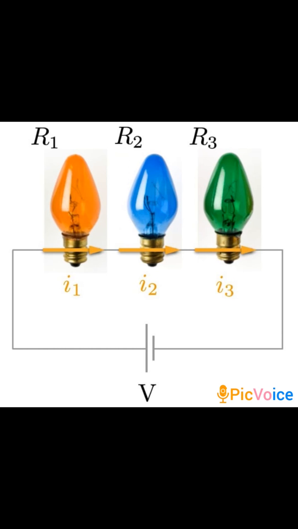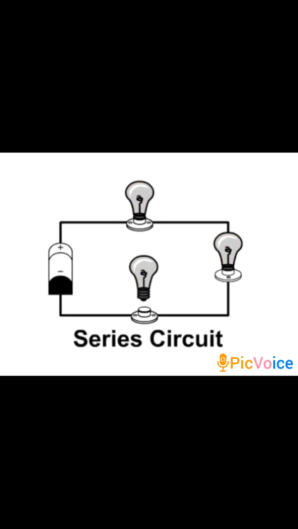When we connect the second bulb, it will also glow, but the light emitted by the bulb, that is the intensity of the light, decreases. When we connect the third bulb, the intensity of the light further decreases. Why does this happen? Because the current flowing through the circuit is same. That is why for domestic purpose, when the electric circuits are connected, they are connected in parallel. So here we can see three bulbs are connected in series, and because of some reason, if one bulb is not functioning, the remaining bulbs also stop functioning. So the same thing happens if electric circuits are connected in series. If any one appliance stops functioning, the remaining appliances will also stop.